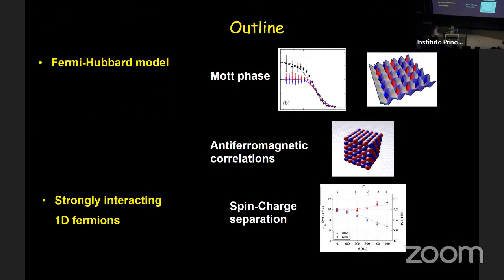All right, so here's a little outline of what I'm going to be talking about. The first experiment was done a few years ago now, so I'm not going to spend a lot of time on that. But we studied the Fermi-Hubbard model, and I'll describe what the Hubbard model is in a moment. And its attributes in the region that we were studying are